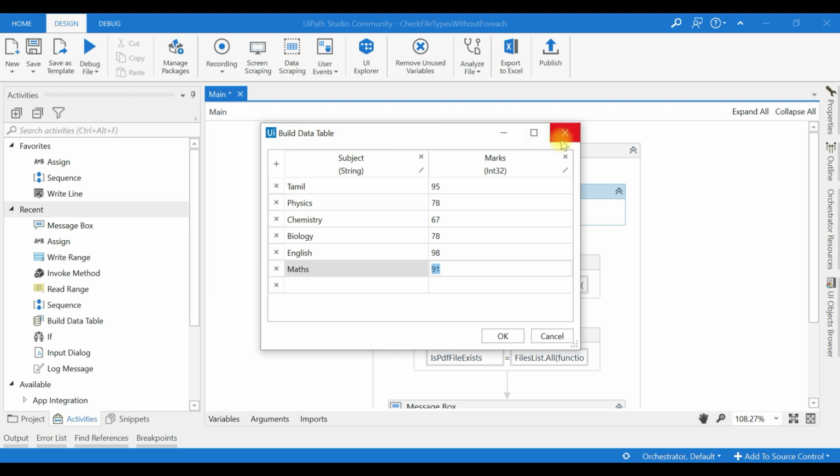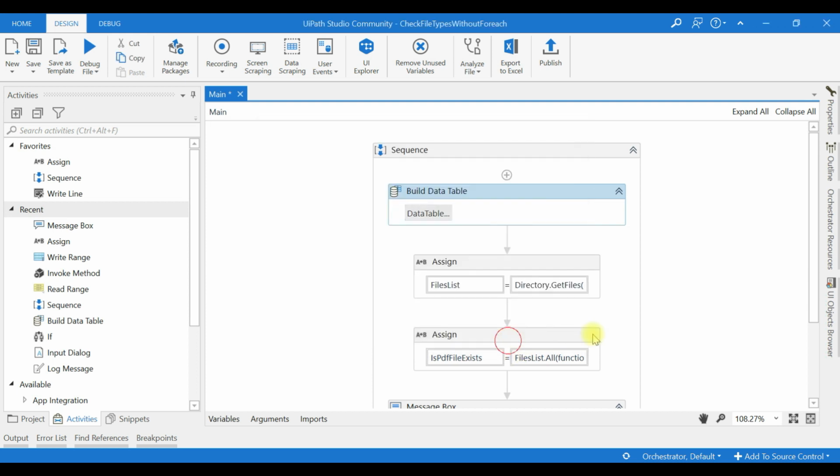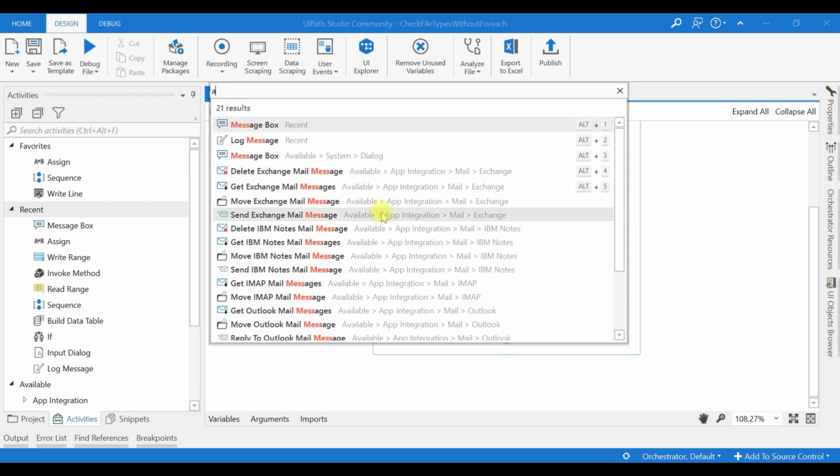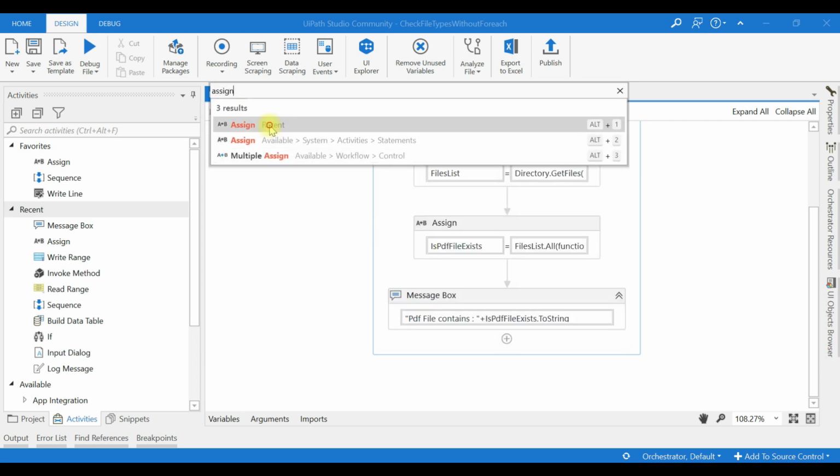Then only I must be able to manipulate something in the data table. So here, Tamil and English both have greater than 90. Now we will check. What I am going to do is use more Assign variables.